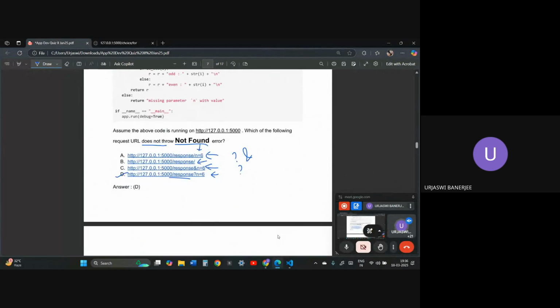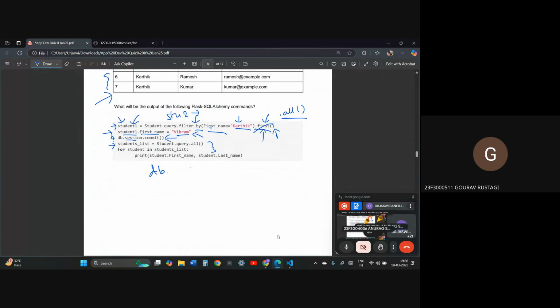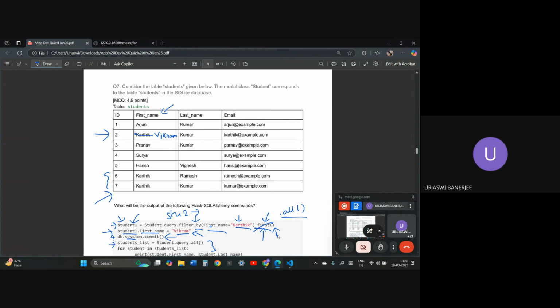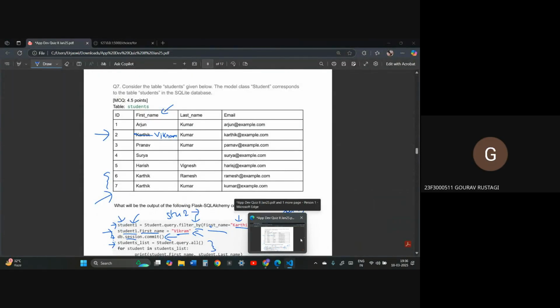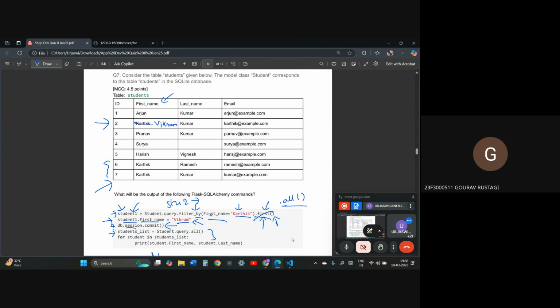Okay, I'm slowly scrolling down the question paper. Ma'am, I have one problem with VS Code. I'm running the same program in Windows and in Ubuntu, but there is no difference in the code.